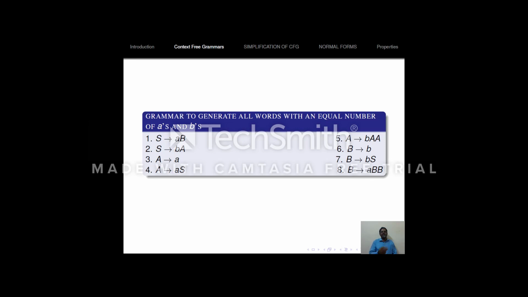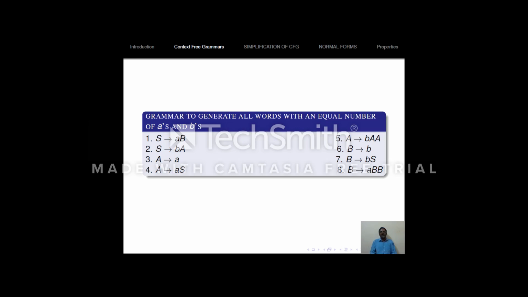So now A and B have come. Now after S, I can have either B or A. Then come to the rule number 2. So now the whole 8 rules are defined in which way? See, for example, rule number 1 takes care of generating one A on the left with B on the right, and rule number 2 takes care of small b on the left with capital A on the right,